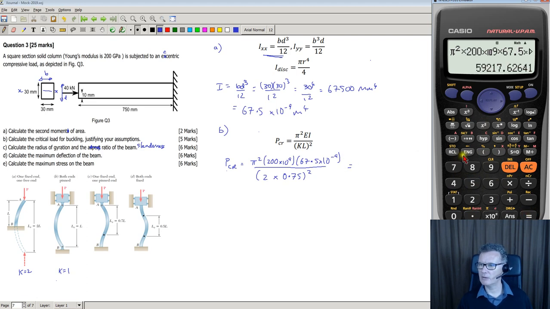What's the load value? That's 59.218, and it's a load, so therefore it's newtons,